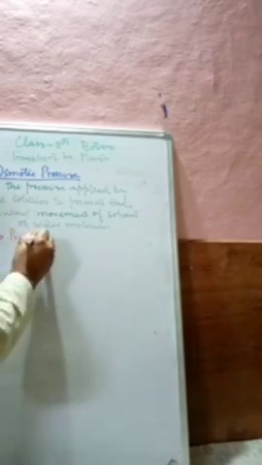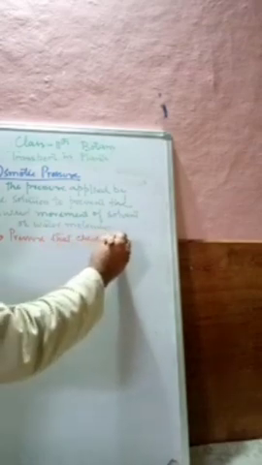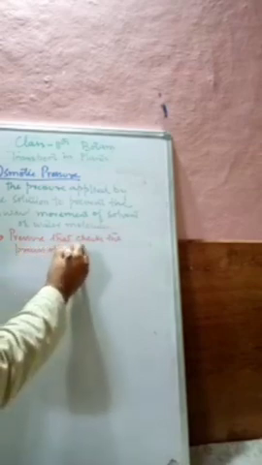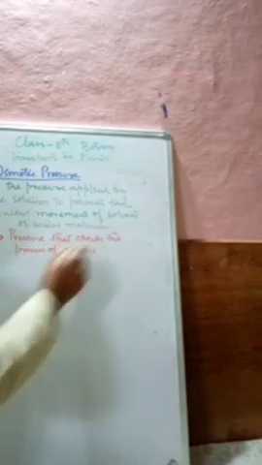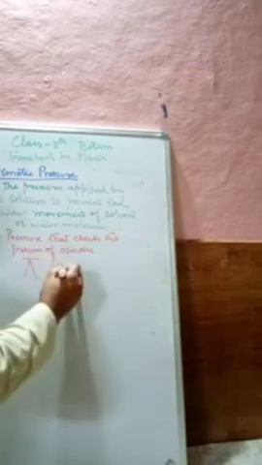यहाँ पर प्रिवेंशन हो जाता है ताकि सॉल्वेंट या वाटर मॉलिक्यूल्स will not move inside. So it is simply the pressure that checks the process of osmosis. इसमें osmosis चेक हो जाती है. और सिंबल, अगर हम इसका सिंबल देखेंगे, it is written as pi. This is the first term.